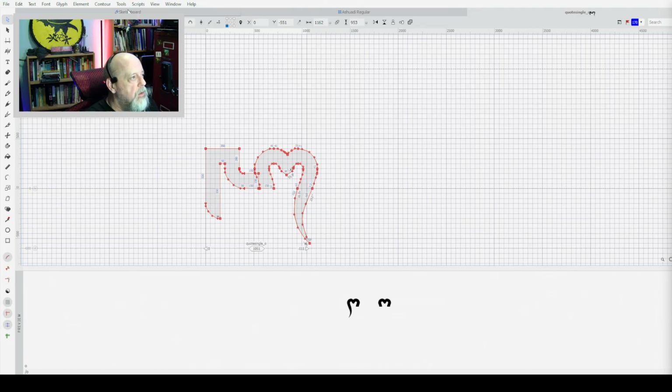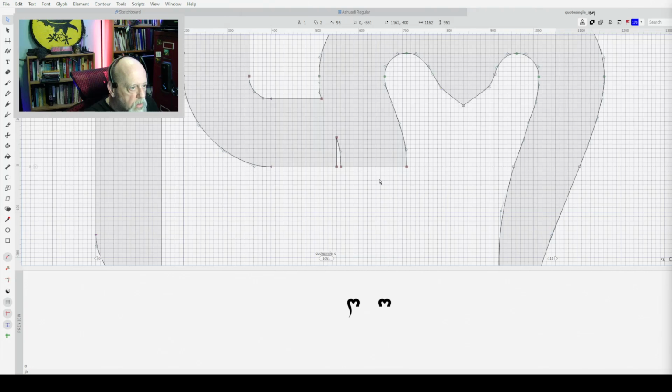My computer insists that Windows shortcuts must overrule everything. And I know there's a way to fix that. I fixed it before, but in the meantime, I'm going to have to go to here. So contour, remove overlap. That will join these together, although we want to look at an inconsistency in here and see if we can fix it.